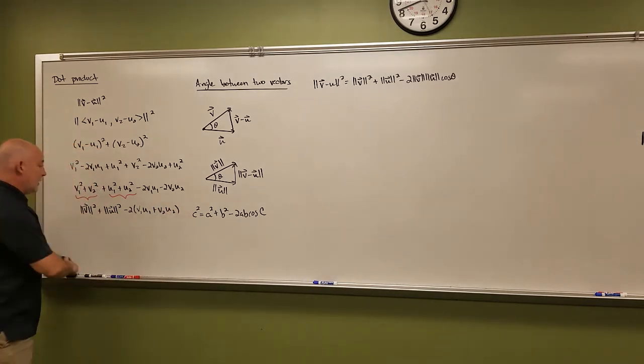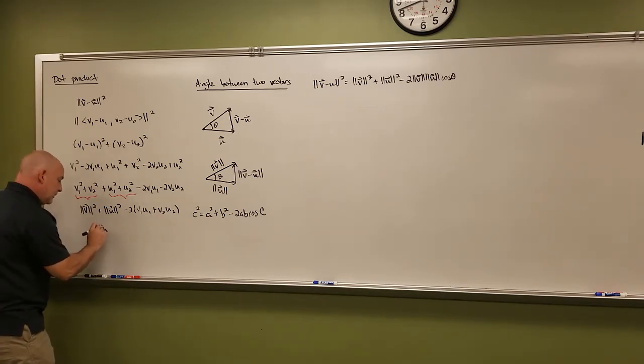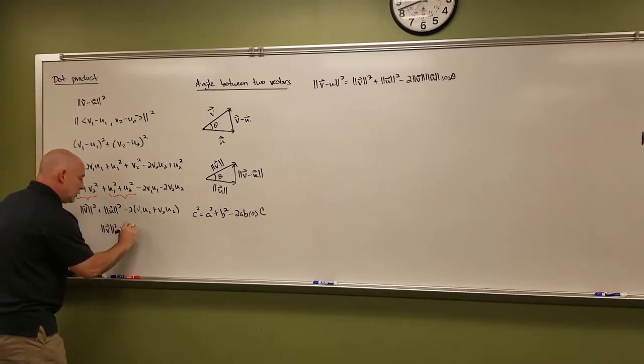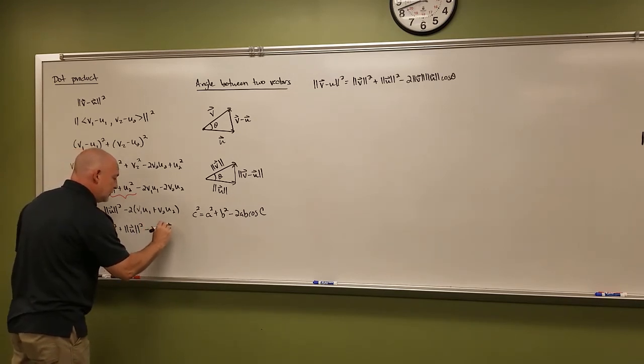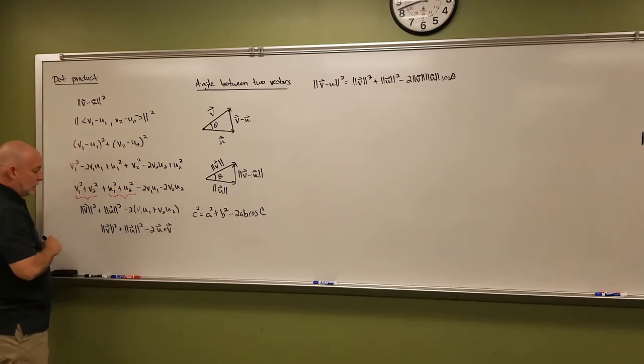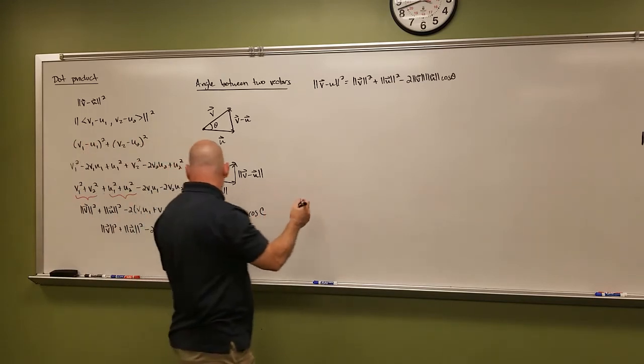All right. Now, we just saw what this is the definition of. That's our dot product. So this ends up being magnitude v squared plus magnitude u squared minus 2 u dot v, or v dot u. I don't care where you write that. All right, so this thing simplifies to this. You're like, well, that doesn't look any more simple, but watch what happens to our equation if we put that